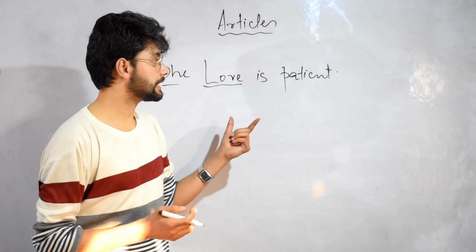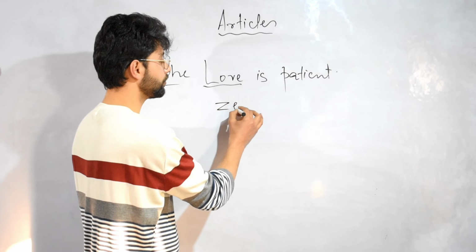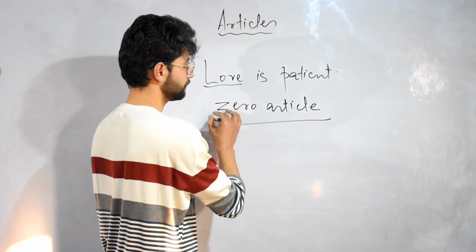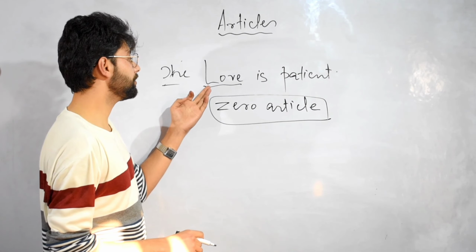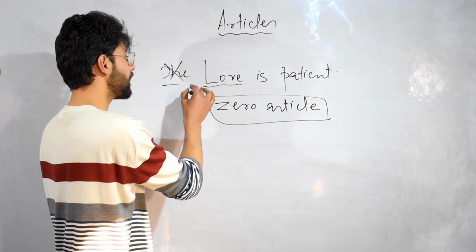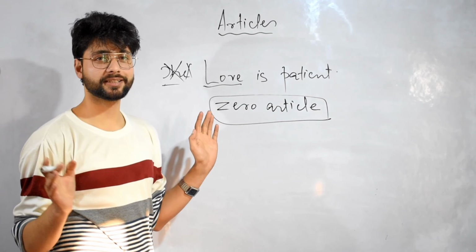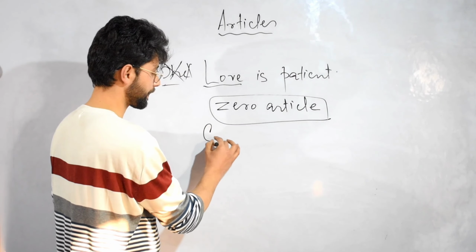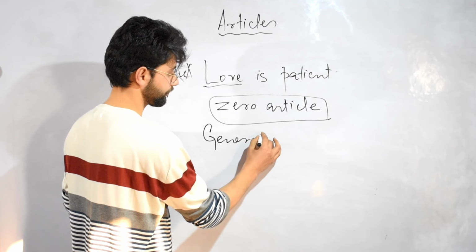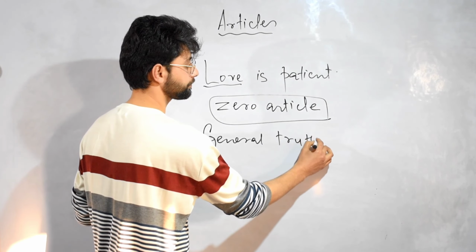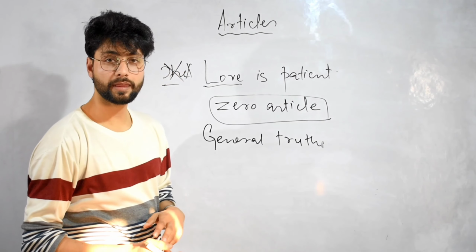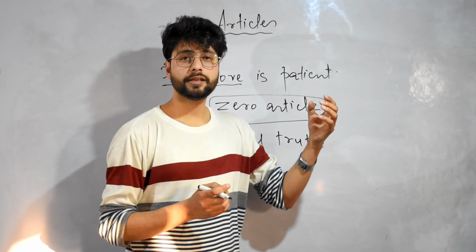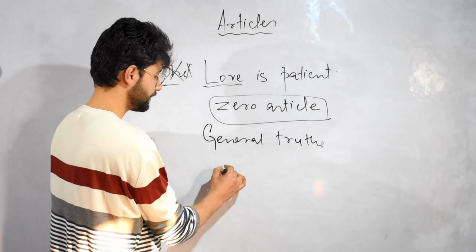We call such cases zero article. Here we do not use any article, so we call it zero article. No article. The second case is general truth. With general truths, we do not use any article. For example, sun